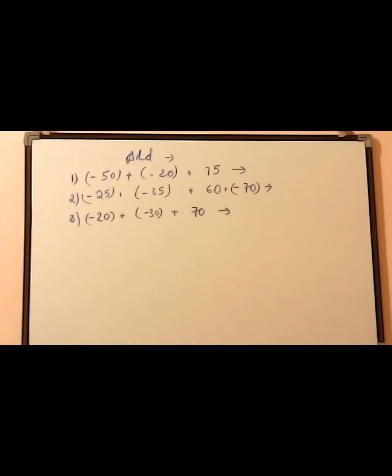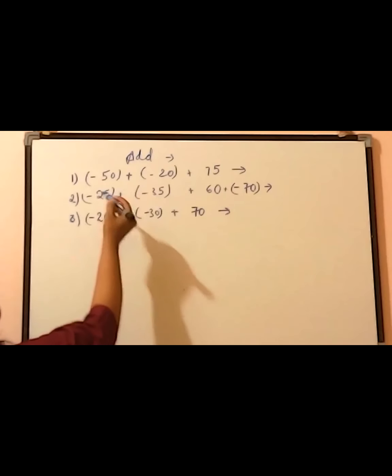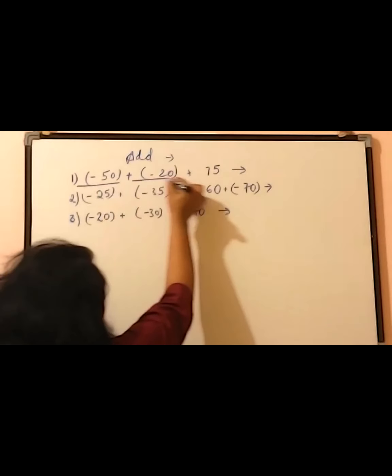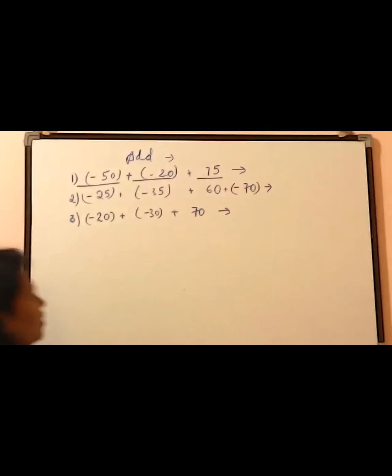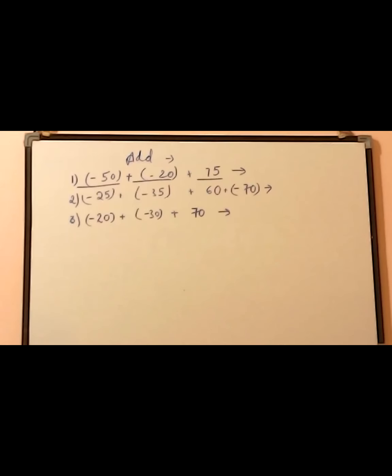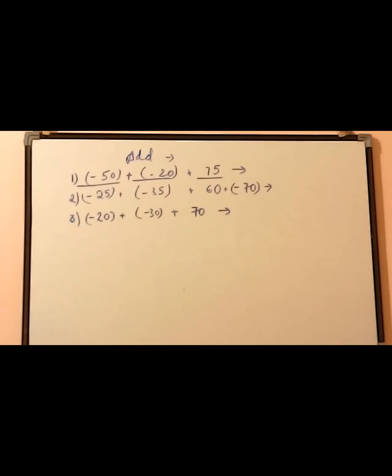But today we will be discussing about where we have so many numbers and we have to solve it. Okay, so in that case what we will do, let's understand this. Suppose the first question, if you will find, we have three numbers, -50, -20 and 75. If you have more than two numbers, always remember, make the group of numbers. Group of number means always take all the same sign together and different sign together.